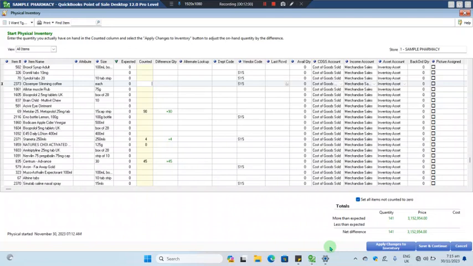negatives. I recommend that you do it at least once a month, or if you want a longer period, it should not exceed 3 months. At least once a month do the physical inventory, or every 2 months or 3 months, depending on how busy your